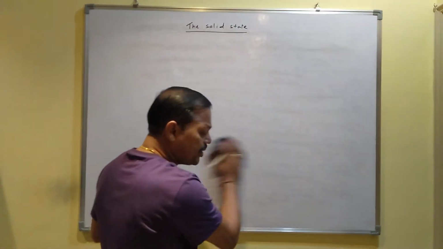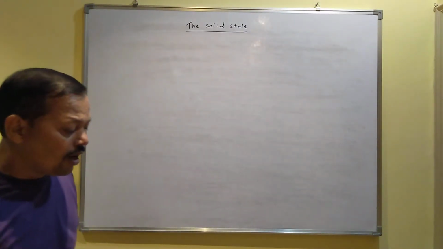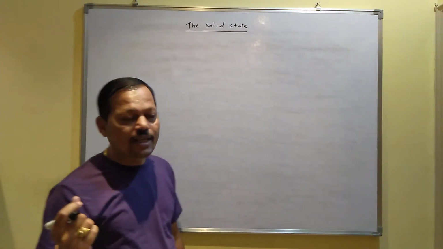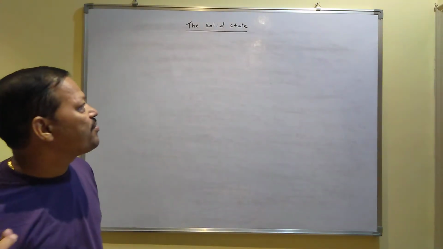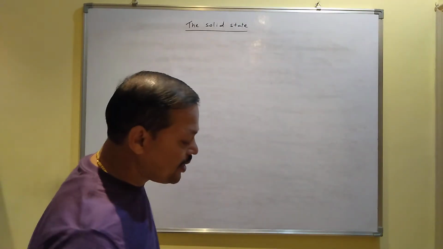Actually, solid is defined as a form of matter which possesses a definite volume and definite shape. Those states which have definite volume and definite shape are called the solid state. Now,